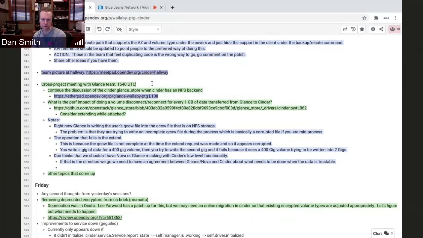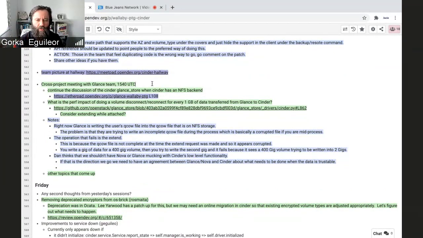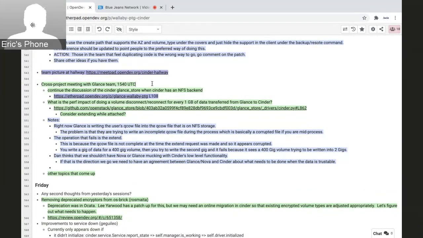So is it possible that there be? Sorry. No, go ahead, Gorka. Yeah, I was just going to suggest, would we be able to add a feature to the NFS driver where via the volume type, we can define this type is raw and don't allow snapshots, something like that? That way, it would be easier for operators to actually set this up, and so Cinder would work in a normal way for volumes, but Glance would prevent all the nasty things we don't want happening there. Yeah, I think we could do that.